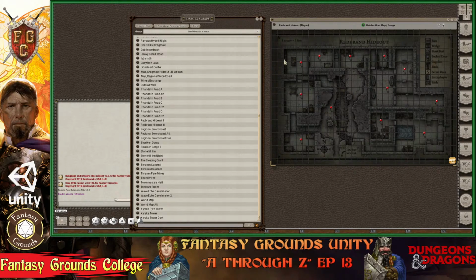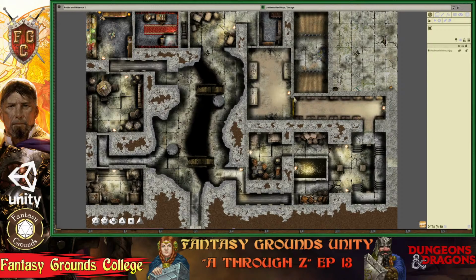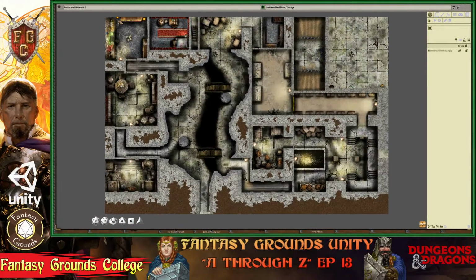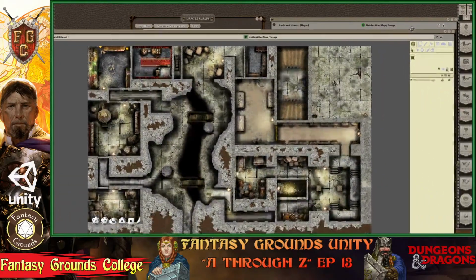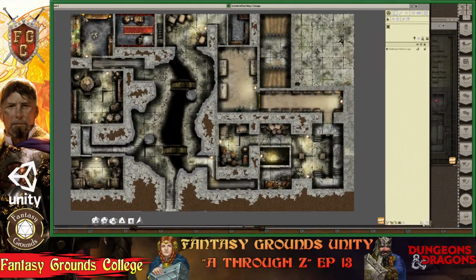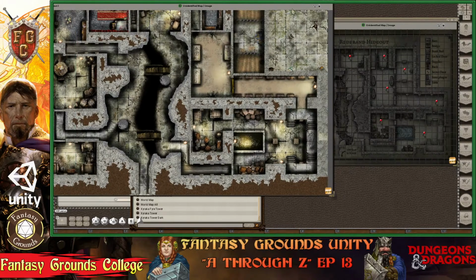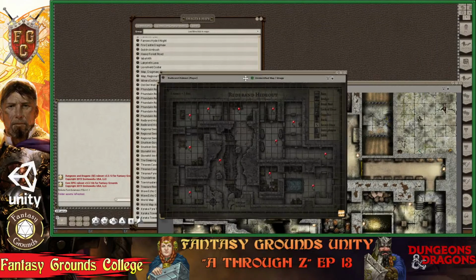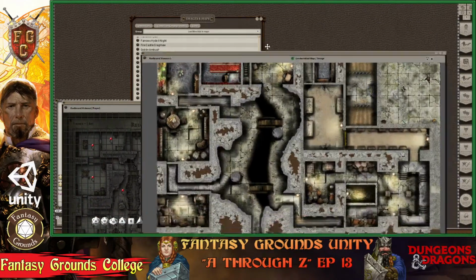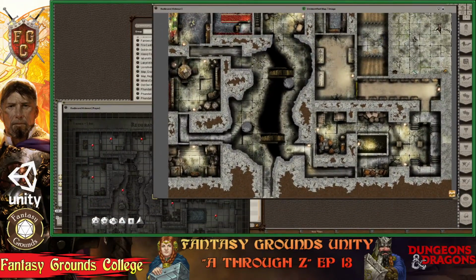But you have this Red Brand Hideout player map. So he's made his own version of it. There's map 1 and map 2. So if I bring this up, yeah, so here's his version of it. That's the player side. Let me shrink this down. So as you can see, it's quite a bit larger. I mean, you could stretch this other one too. Let's see. So if I put that here and I shrink it a little,